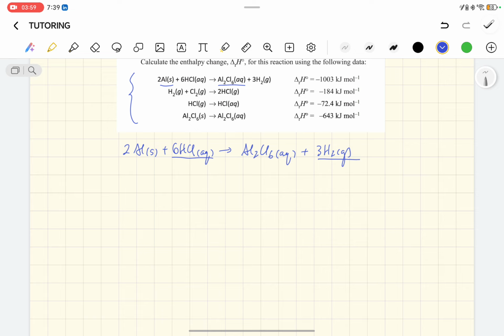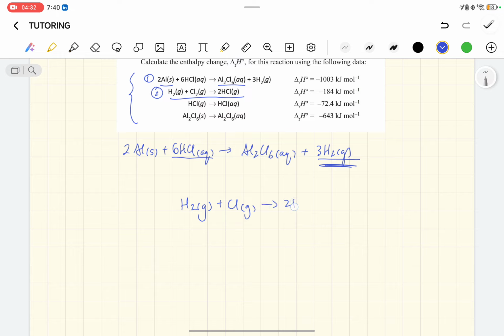So that's how you take away. So now we will want a reaction with H2 on the reactant side and HCl on the product side. And which reaction satisfies that? It will be our second equation. So this is our first and this is our second equation. The second equation has H2 on the reactant side and HCl on the product side. So let's write our second reaction down,